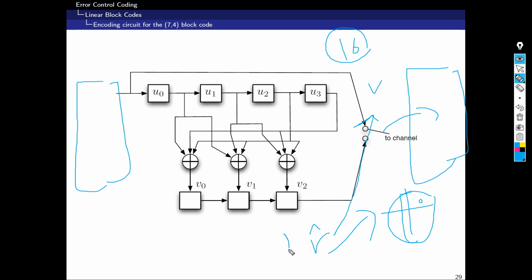And from this code word, you will also be able later on to detect whether there are errors or not. And once you detect an error, some code words enable you to correct these errors, and some don't. You just detect that there is an error. And if the code word enables you to correct the error, you just go forward and correct the error and